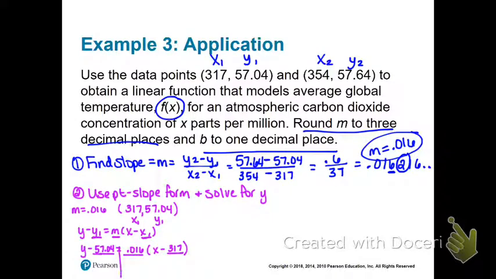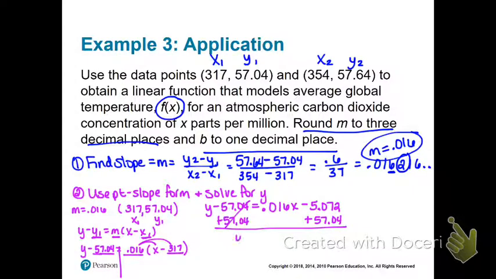I can't do anything on the left side, but I can distribute here on the right. So I'm going to bring it over here next to it. So I still have my y minus 57.04 equals 0.016 times x, and then I got 0.016 times, excuse me, a negative 317, so it's a negative 5.072. Then we're going to move the 57.04 over. So we get y equals